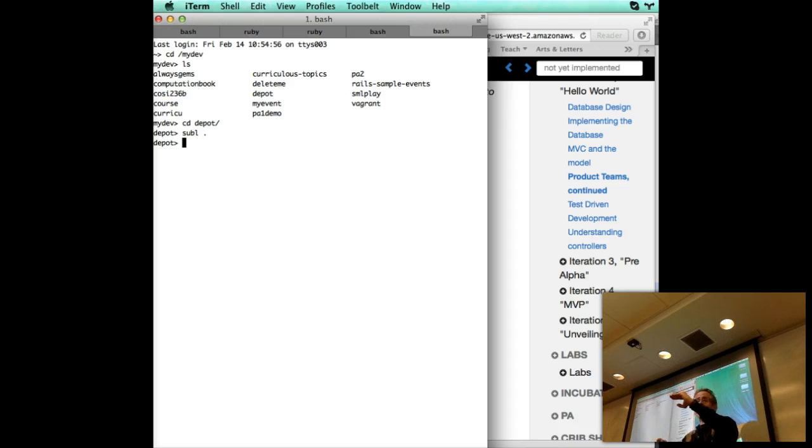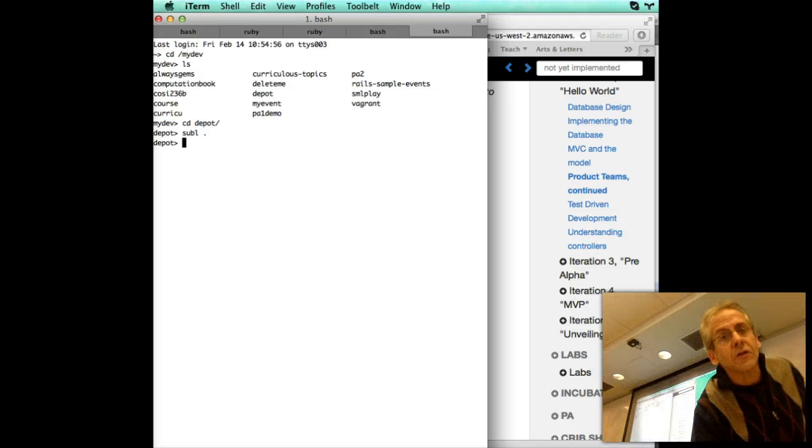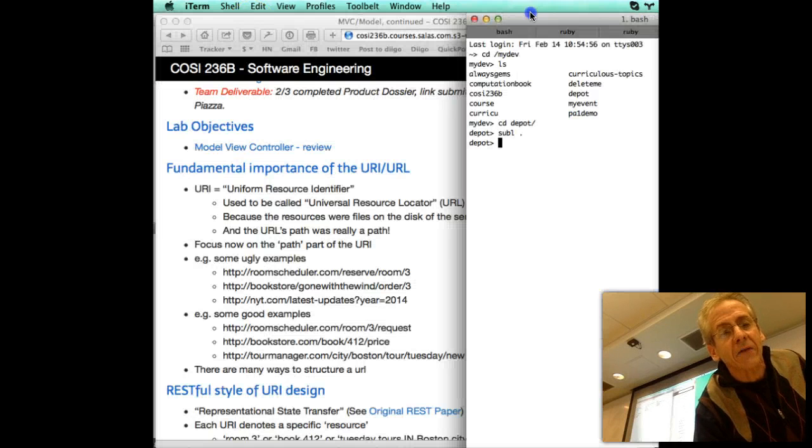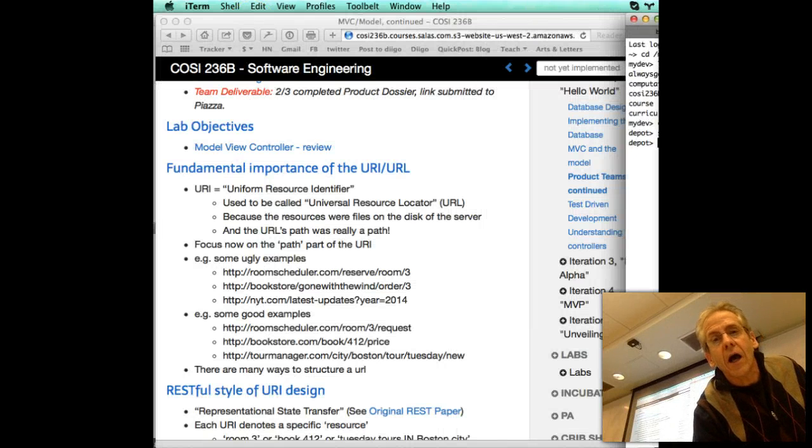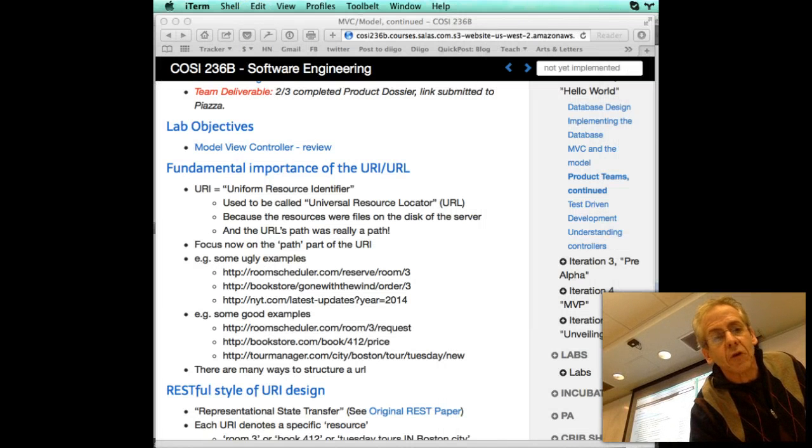It could be index.html. Or there may be a subdirectory called customers, and in that subdirectory there would be foo.html again. So literally,